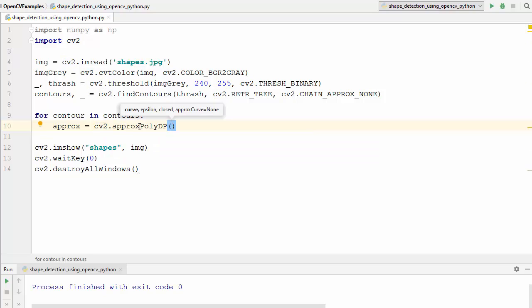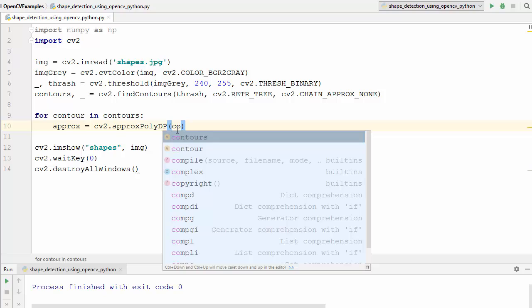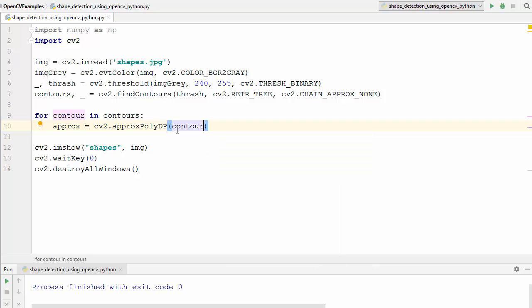This method approximates a polygonal curve with a specific precision, and the first argument which it takes is the curve. Our curve here will be the contour which we have found on the shape. The second argument here will be epsilon. Epsilon is the parameter specifying the approximation accuracy. So here we are going to define epsilon as 0.01, and then we are going to multiply this number by